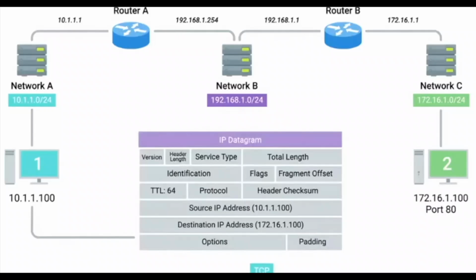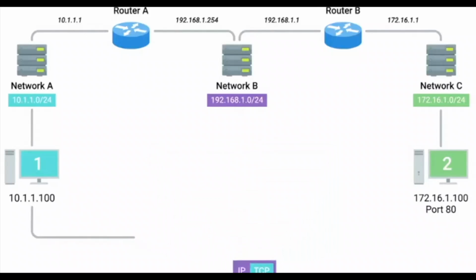This layer constructs an IP header. This header is filled in with the source IP, the destination IP, and a TTL of 64, which is a pretty standard value for this field. Next, the TCP segment is inserted as the data payload for the IP datagram, and a checksum is calculated for the whole thing. Now that the IP datagram has been constructed, computer 1 needs to get this to its gateway,